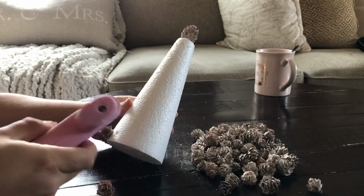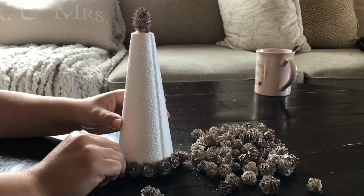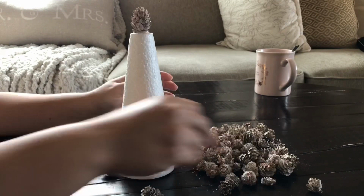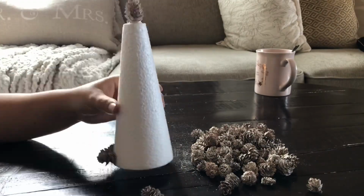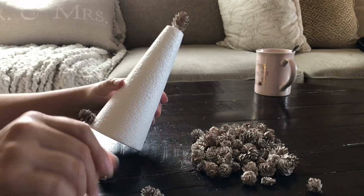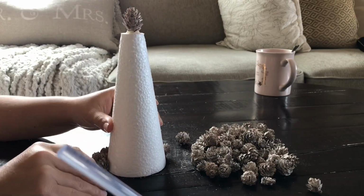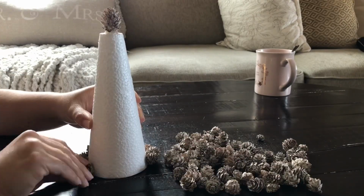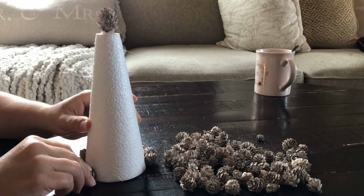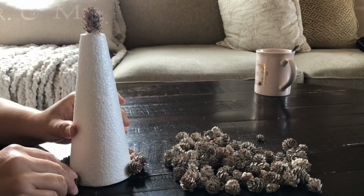I am using most of my larger size mini pine cones towards the bottom half. Of course, I am going to fill in any gaps with the smaller pine cones, and the same is going to go for our top half. If I need a larger pine cone to fill in any gap that will not be able to be filled with, for example, 2 or 3 little ones, then I'll add a large to medium one. But I am trying to keep it this way so that I can make sure that I keep with the